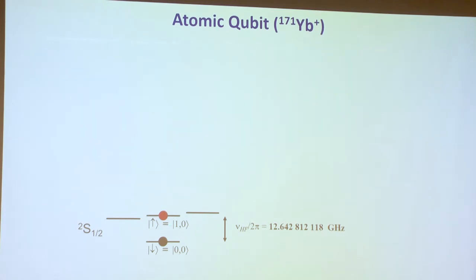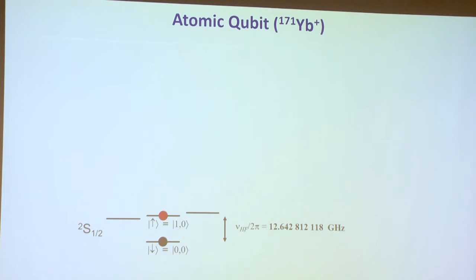We can easily have coherence times of a second or even longer, and that's why I've spelled out the frequency splitting all the way to the 1 hertz level. I could give you some more digits if you want, but then it starts to depend on the second-order Zeeman shift, the relativistic Doppler shift, all kinds of things that clock people worry about.